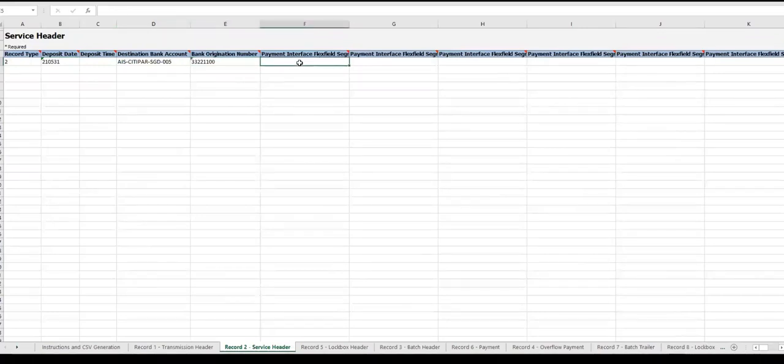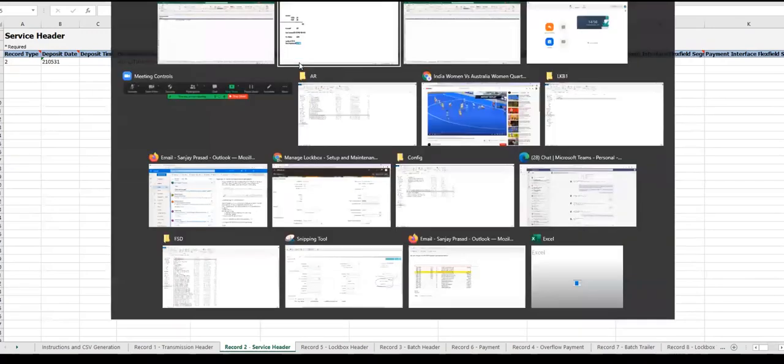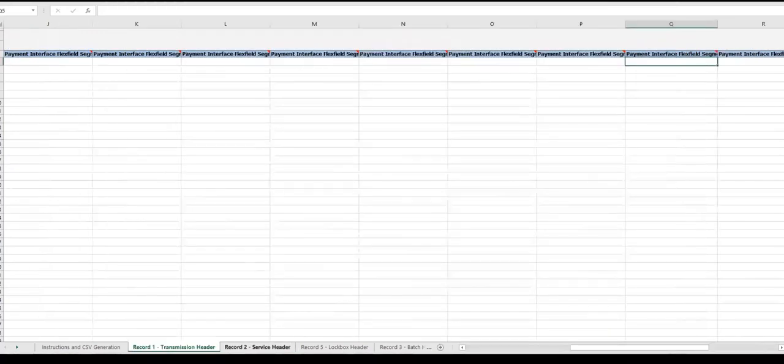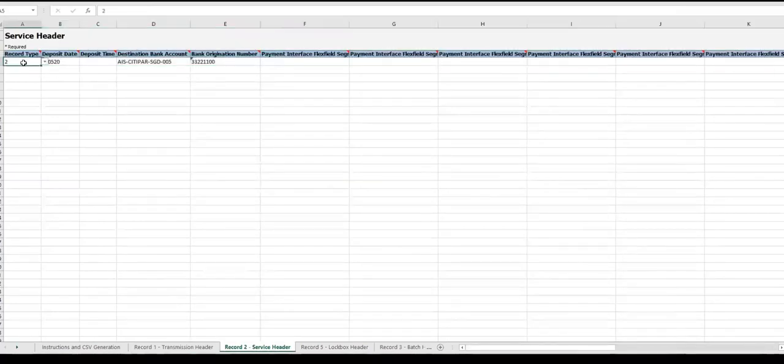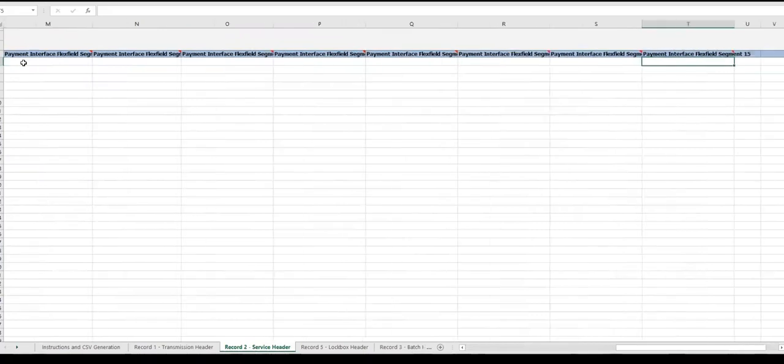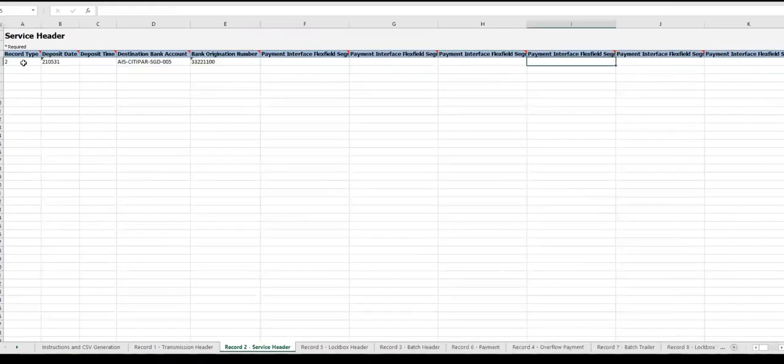I think that is it, the second sheet. Let me verify with my master sheet. Yes, these are the records. So the record 2 is also completed.